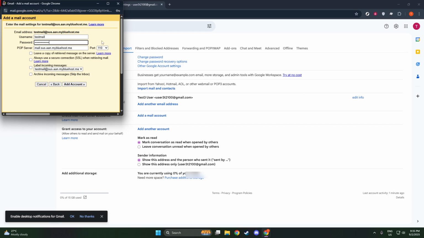There's also an option to apply a label to incoming messages, which can be incredibly handy for organizational purposes. You might want to name it something like Bluehost Email, so you know exactly where these emails are coming from at a glance. Once all this information is correctly entered and the options are set to your preference, click Add Account. And that's it. By following these steps, you've successfully linked your Bluehost email with Gmail, streamlining your communication into